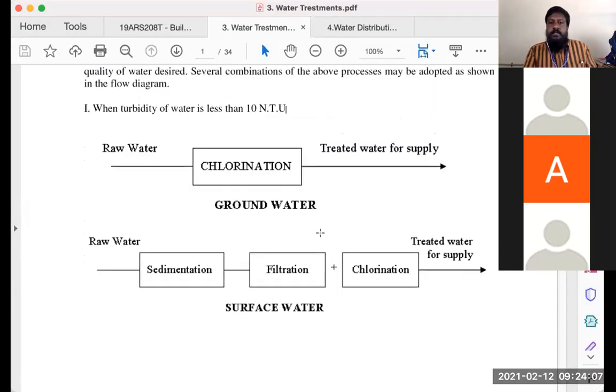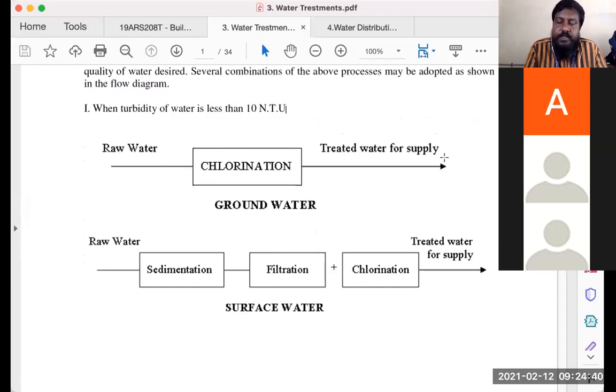Okay. So here, it's quite simple. All you need to know is to understand this flow chart. And if you look into water treatment methods online, the flow chart varies, as in the distribution pattern varies, but the process is the same, the hierarchy and how it comes in. So if a raw water from just a groundwater is used, all it needs is a chlorination and a water supply that is treated, and the chlorination kills the bacteria and the water is supplied. But still, this water wouldn't be an ideal water for drinking. So normally in residences, we boil the water and then we filter it and use it.